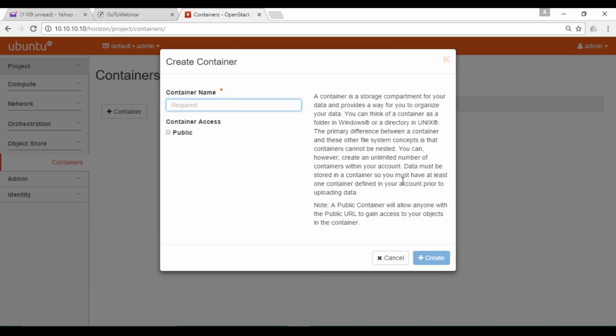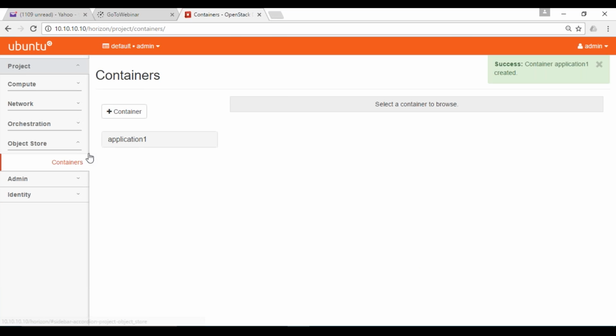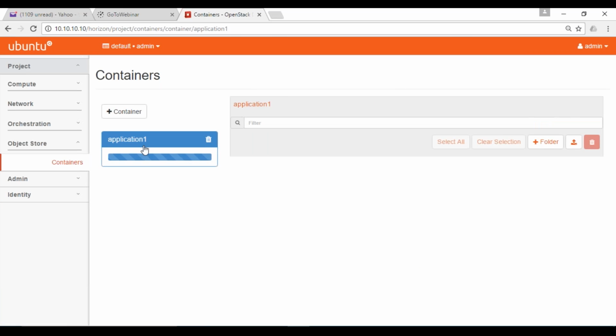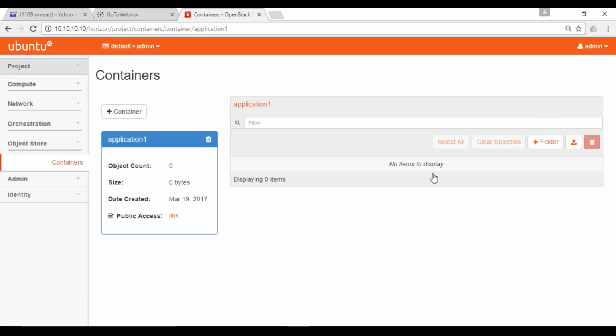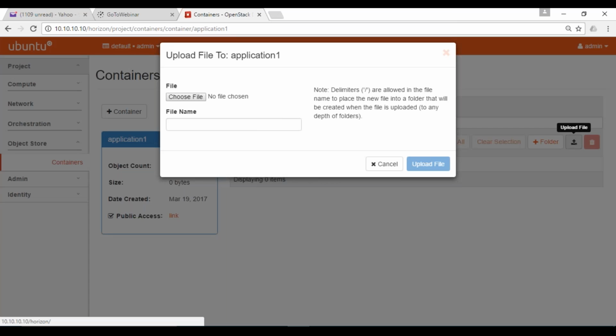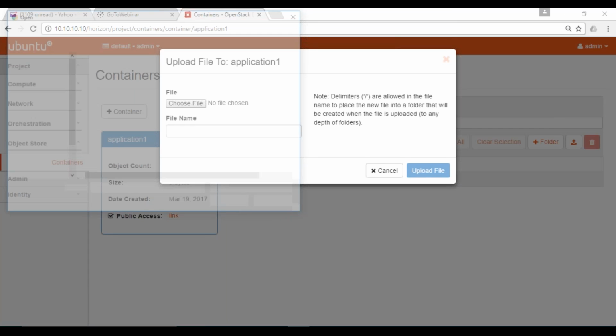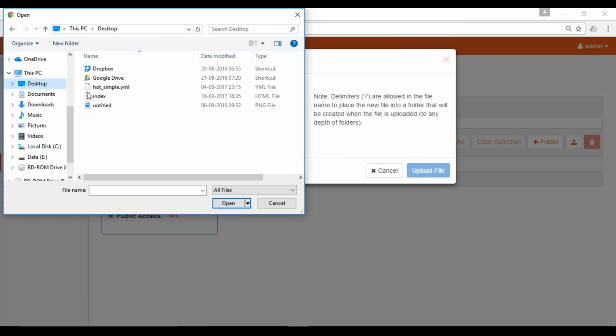Data must be stored in a container, so you must have at least one container defined in your account. So you can say, let's say, for application 1, I can use this to store all the data related to application 1. Okay, container application 1 created. At this point, there are no items here, so I can upload a file, say choose file. Okay, let's say this index.html